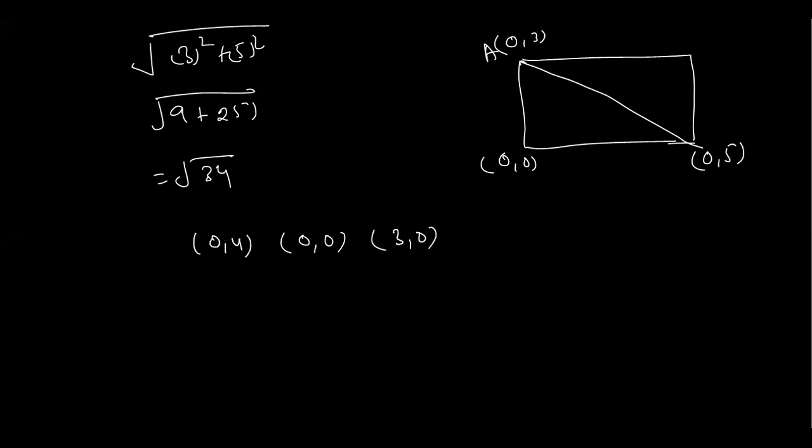How can you simply solve this one? You have to add this distance, then this distance, then this distance. Here in every case we have 0 and this one is 3, means this is not 0. Here we have 4 and this one is 0. So how can you calculate the distance between these two points? The distance between this point and this point is actually 4.